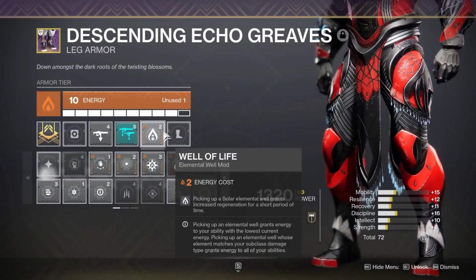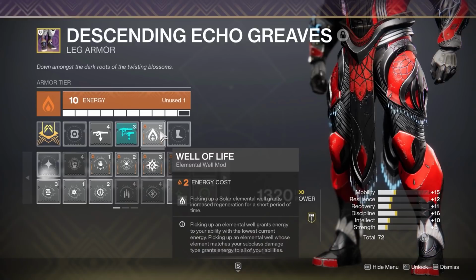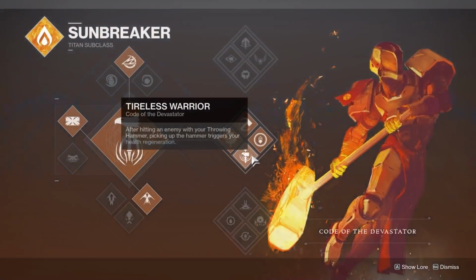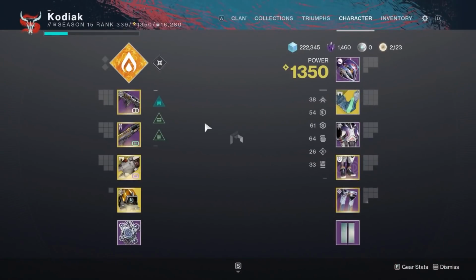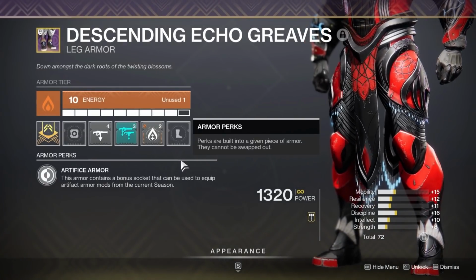Next up onto our legs, we have Well of Life. Essentially picking up a Solar Elemental Well grants increased regeneration for a short period of time. Now I know what some of you are saying, we already have intrinsic healing found on our subclass with Middle Tree Hammers in Tireless Warrior, where after we hit an enemy and pick up our hammer, we have a bit of health regeneration procced. The main reason we're using Well of Life is that Tireless Warrior actually stops working whenever